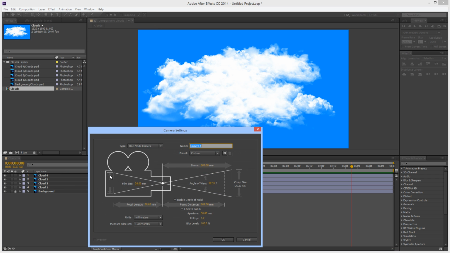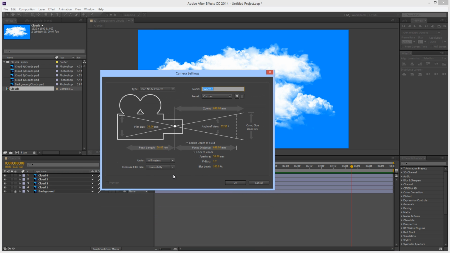So this is going to be a camera, and these camera settings are somewhat important. These are going to be based on my previous defaults, so yours may be different. So I chose a one-node camera, so that basically we're not looking at a target with the camera. Any rotations we do to the camera will rotate the actual viewing angle of the camera. And then we also have a viewing angle, and right now it's set to 35 millimeter film size,